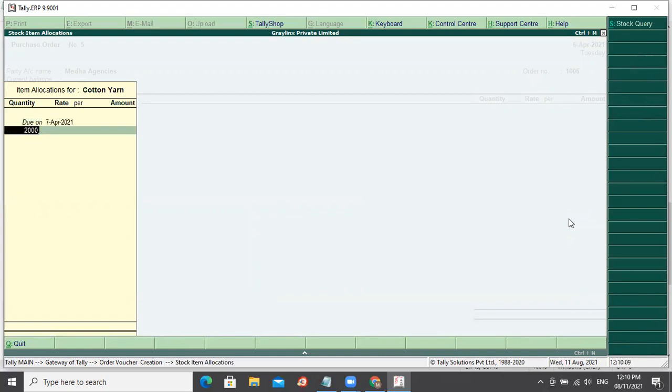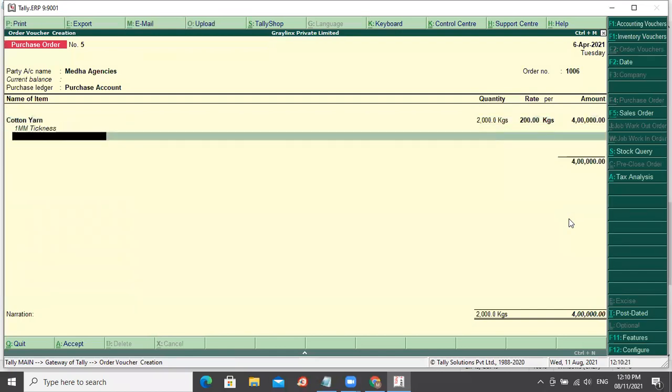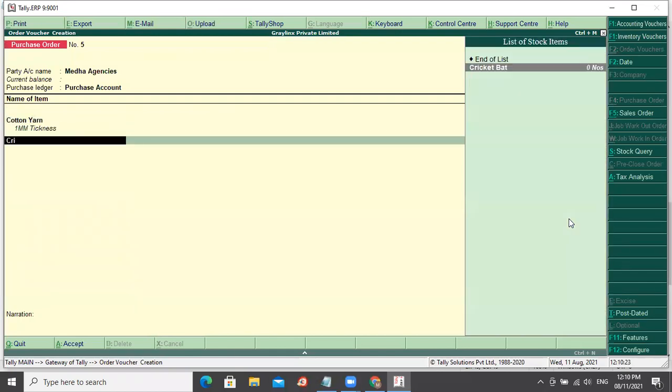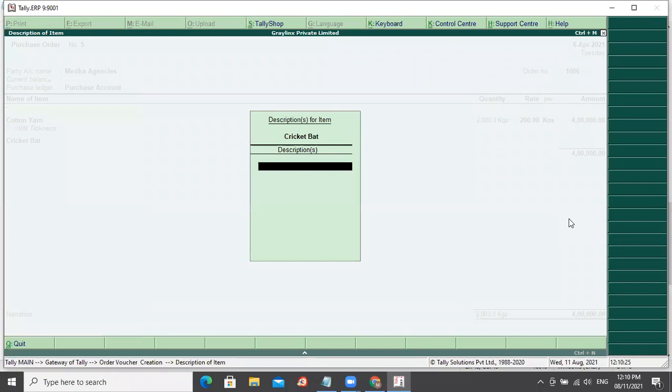Are you playing 2000 one more game? Please play. No, you finish one game. 3000, sorry, 200 rupees per kg, 4 lakh. I did one checkmate and two resign. Cricket bat, awesome. There was a king over here. Every square was blocked. There was nothing to captain us.